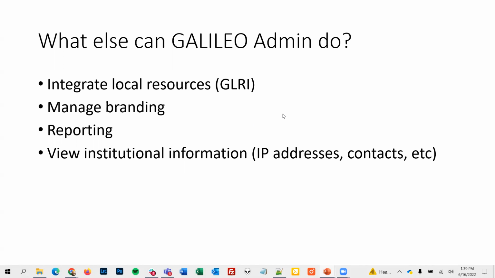We also have some reporting options. One of the questions we get asked a lot is, I need a serials report of how many ebooks do I have, how many full text journals do I have, and there's a report in there that will give you that information. And also there's a report that gives you a complete list of express links. With Galileo Admin, you can also view your institutional information, like which IP addresses we have on file for you, what contacts we have for you,